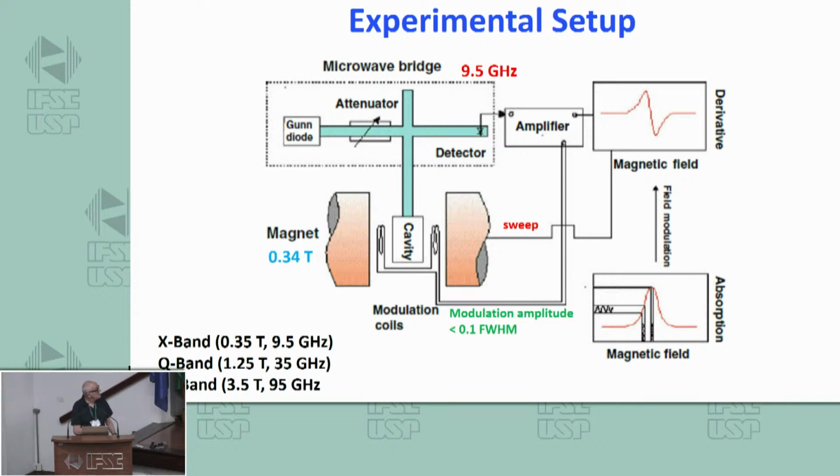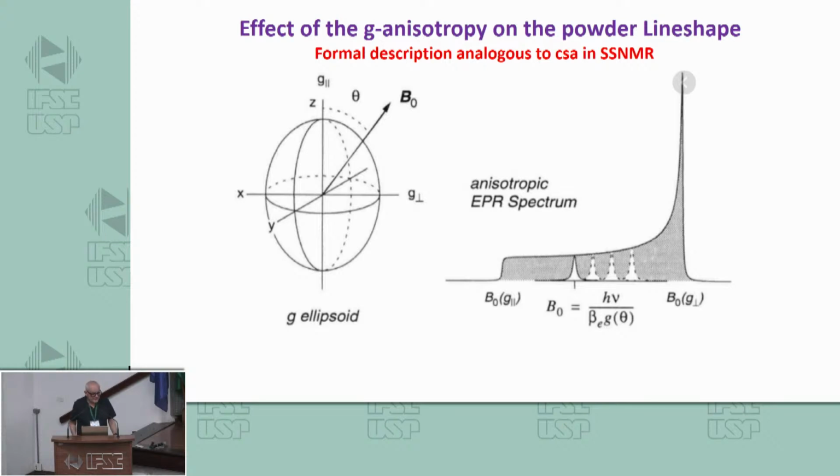But then when the field reaches the condition of resonance, the sample absorbs and you get an imbalance here in the detector. And that's being recorded as the EPR signal. And then when the field is higher, we get off resonance again, and then we get a constant level. Now, for technical reasons, it is most practical to actually record